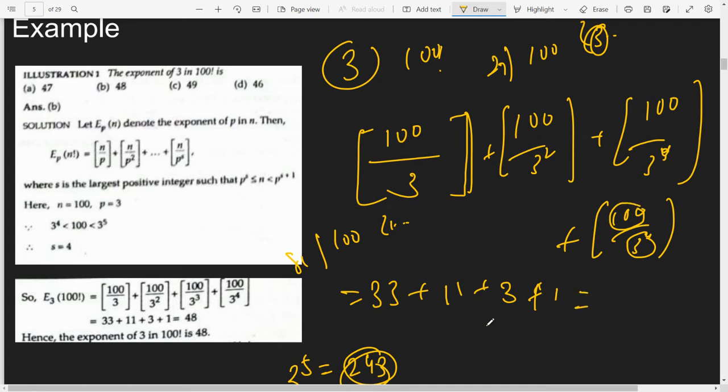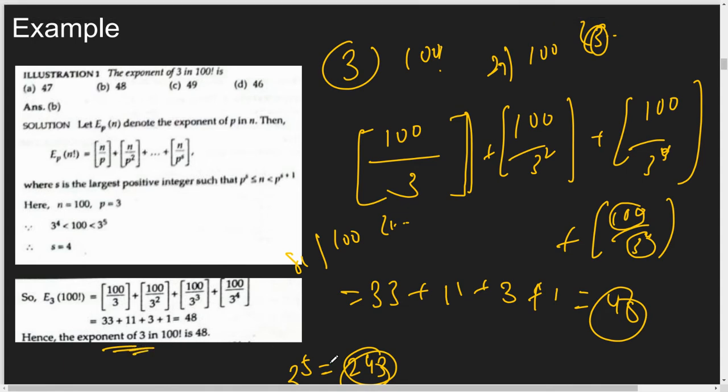So basically if you add all the numbers, you will get 48, which is going to be the exponent of 3 in 100 factorial. So what is the exponent of 3 in 100 factorial? If you do 100 factorial, whatever number comes, the power of 3 is going to be, sorry, 3 not,